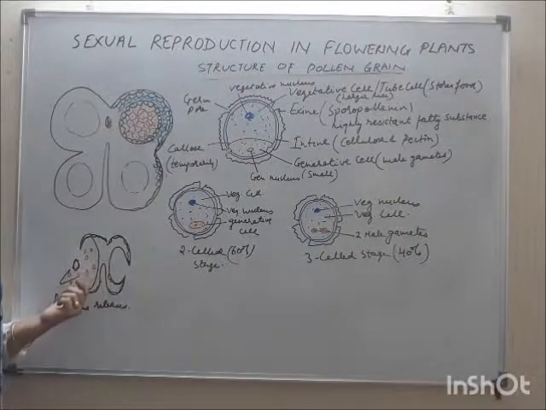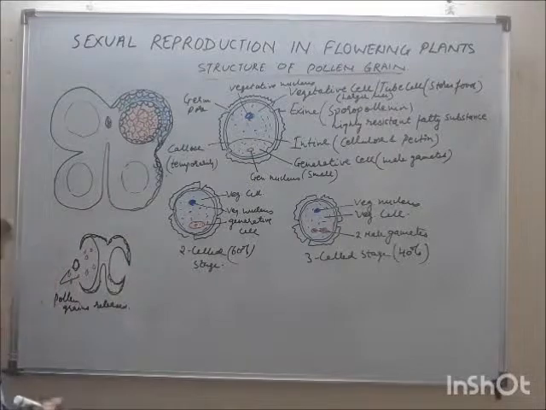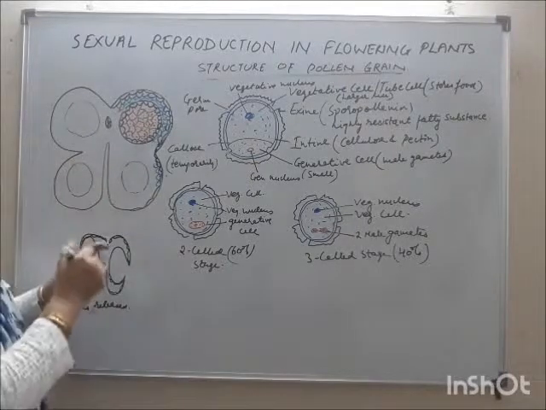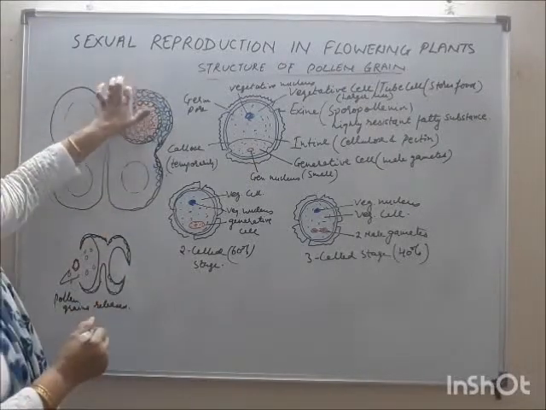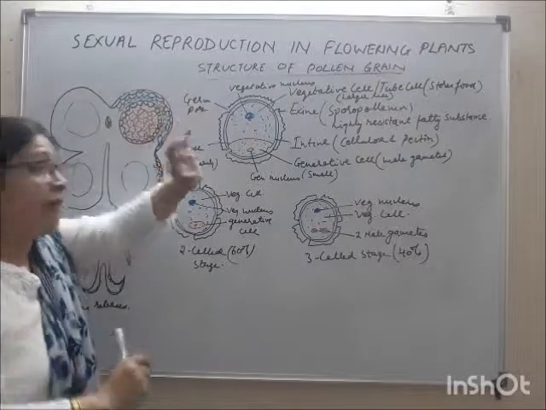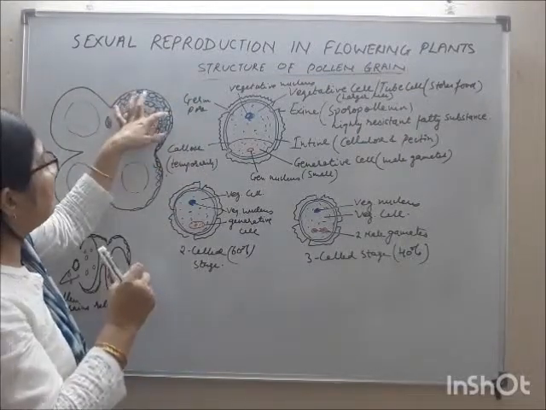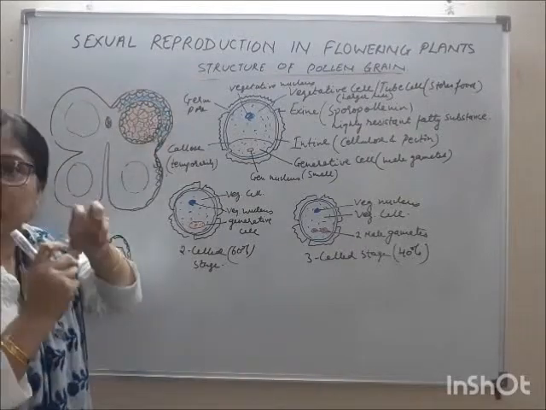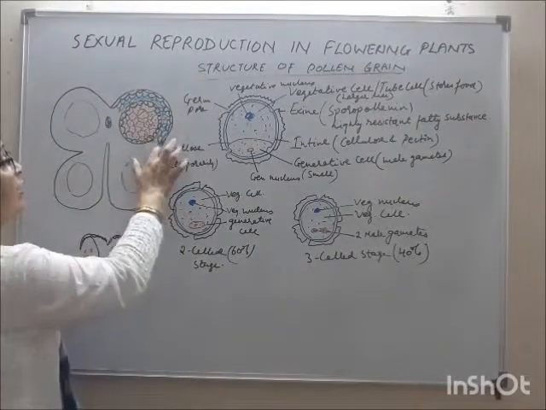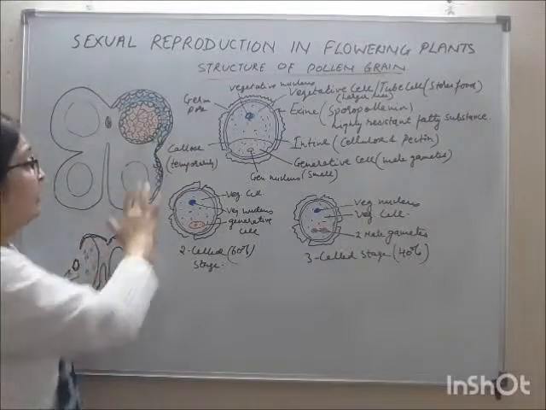All the pollen grains are released. Now, how it releases, you see, the wall of anther. The wall of anther shrinks and the endothecium also shrinks and the connection between these two pollen sacs